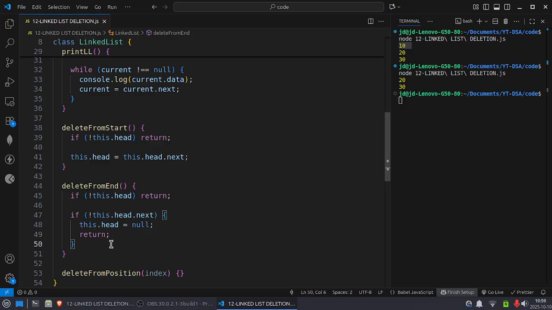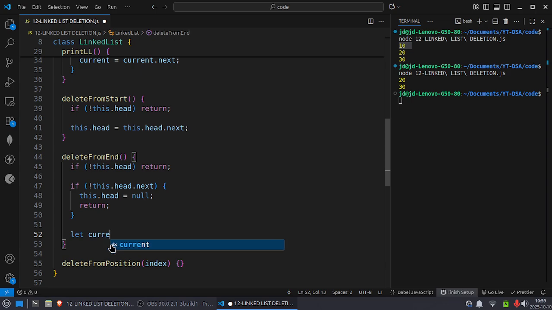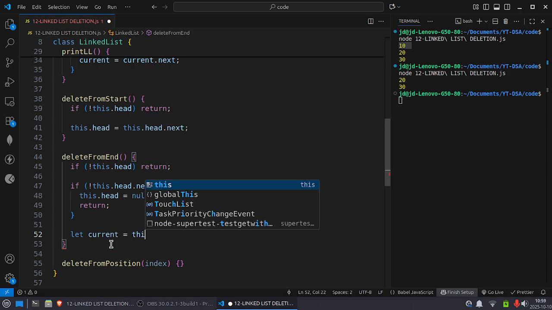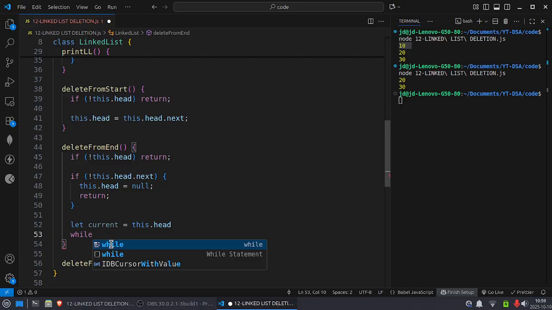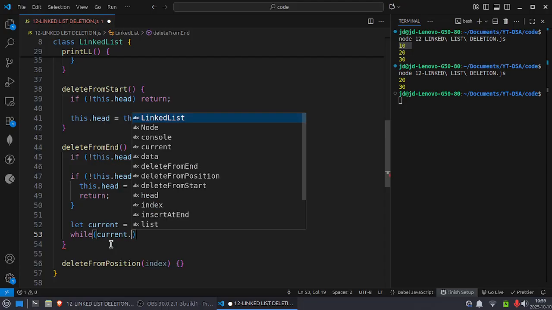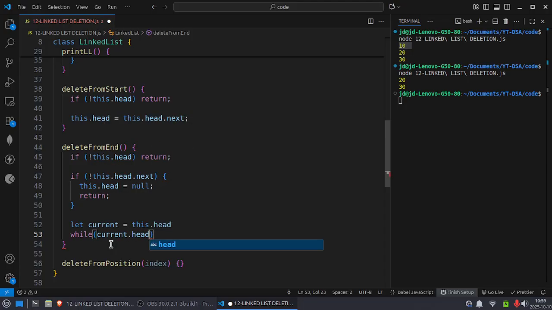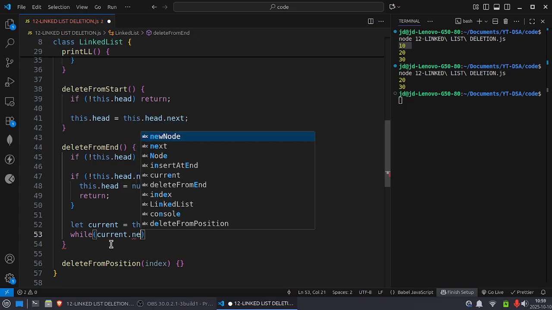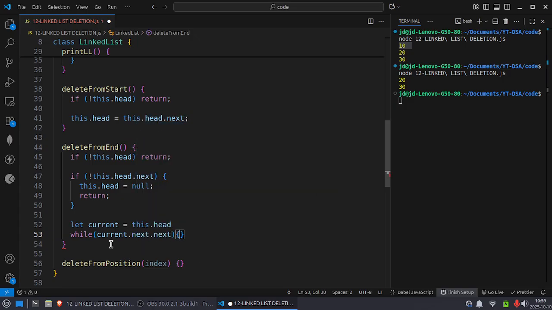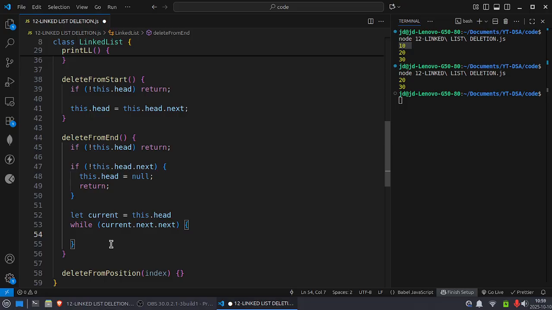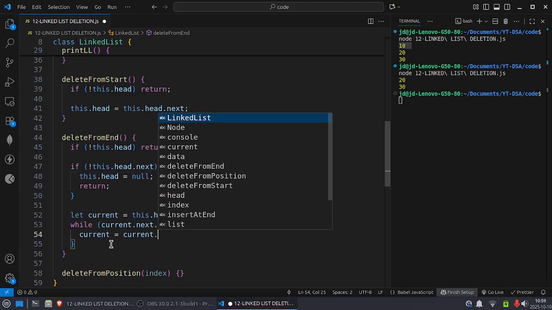Next, let current equal this.head, and while current.next.next is not null, we update current equals current.next.